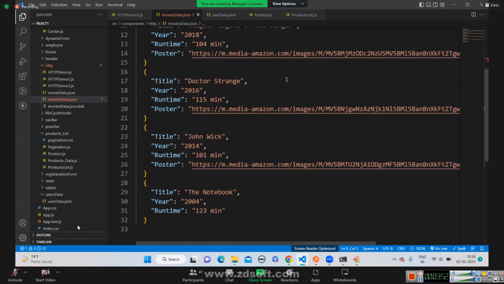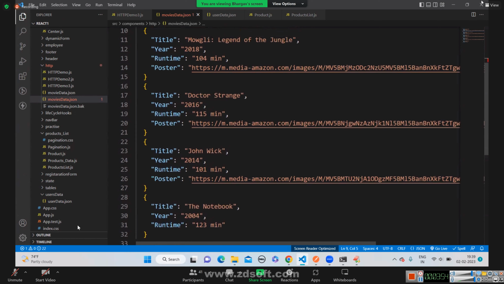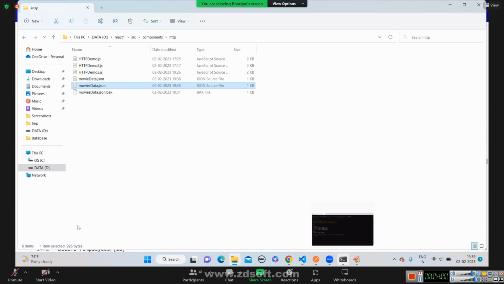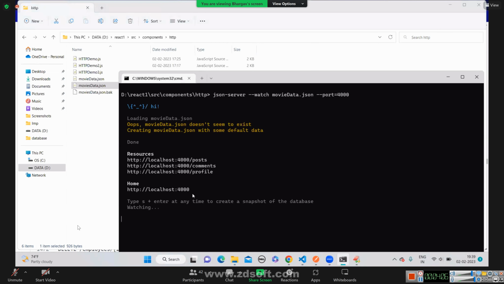You have to run in this location only. Yes, sir, I am running in that location only. See. Can you run again one more time? Yes. See, sir, this location only: React 1 src components HTTP movies data.json.